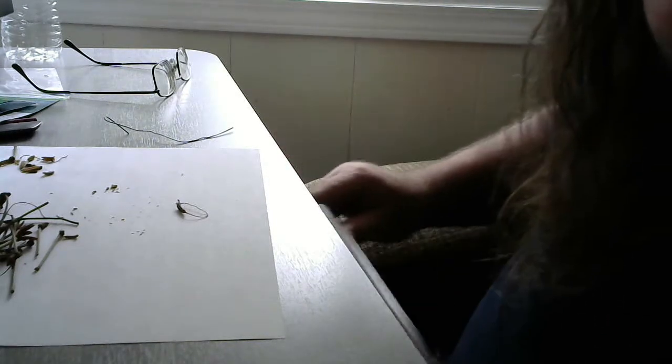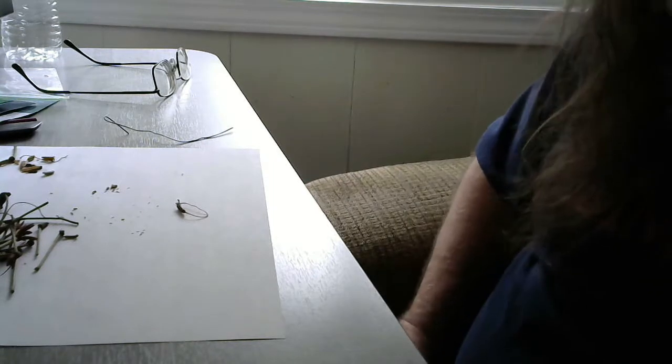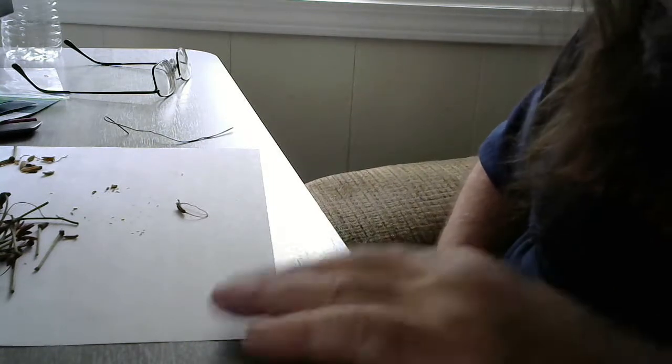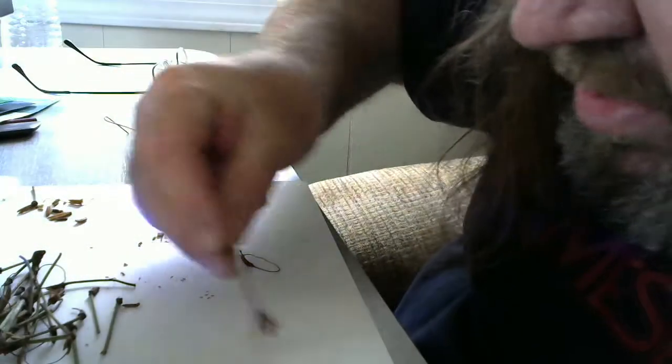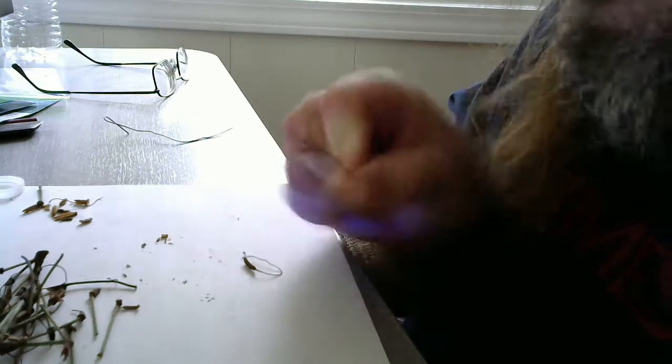But anyway, I of course ended up getting a little bored sitting there playing with those seeds, so I decided to go on to rhododendron seeds. I walked around outside, and now what I've read and found out from other videos and stuff like that was what you want to do is get the seeds when they basically look like that,